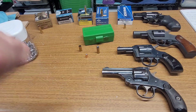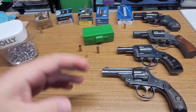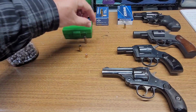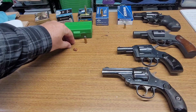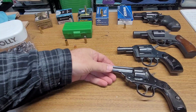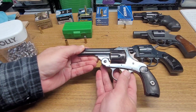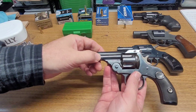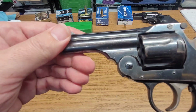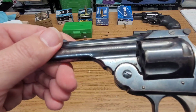So I think the next thing that I want to talk to Craig about is what actually are you using for your gun, your revolver. I know that some get a little bit misleading with their markings. If you've got a really old pistol like this one, and this is an old top break, when you look real close here on the barrel, let's see if I can get it in close enough to actually even see it. It will just say